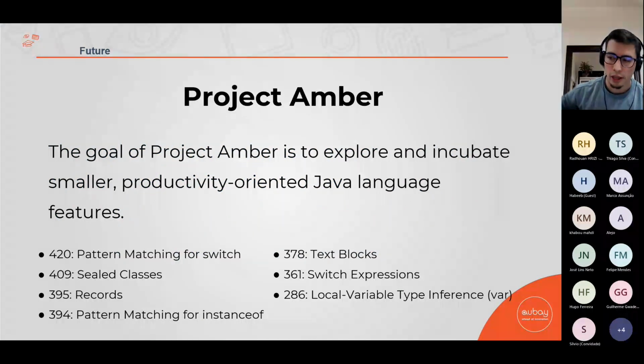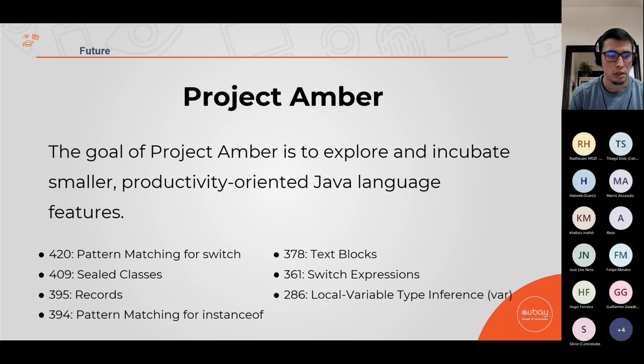Another great one that I showed you is Project Amber. The goal of this project is to explore and incubate smaller, productivity-oriented Java language features. All these JEPs done by Project Amber, which I showed in this presentation, are related to productivity-oriented Java language features.